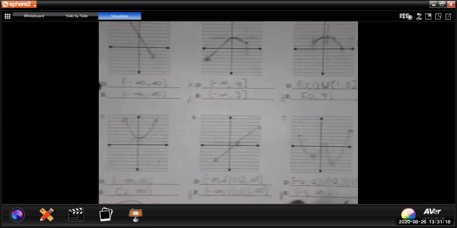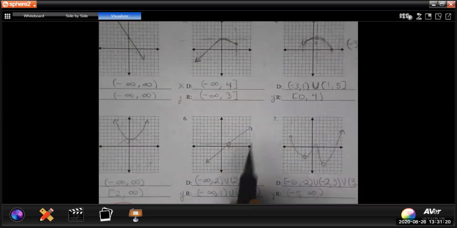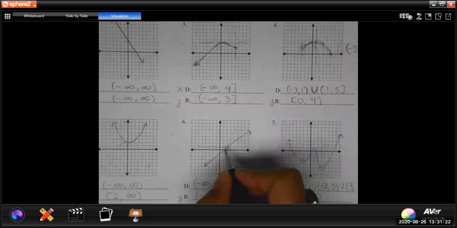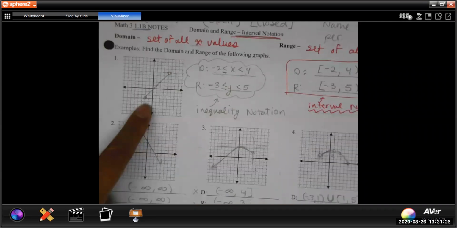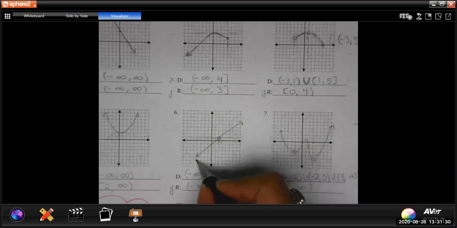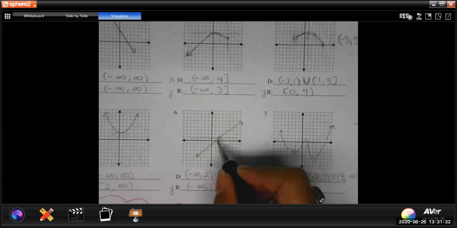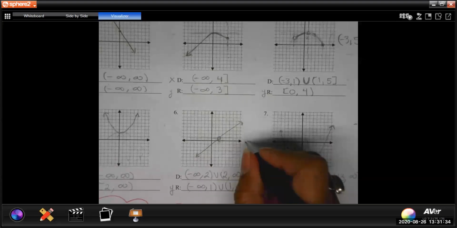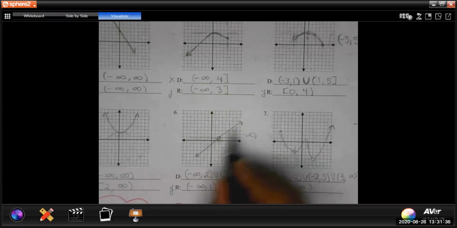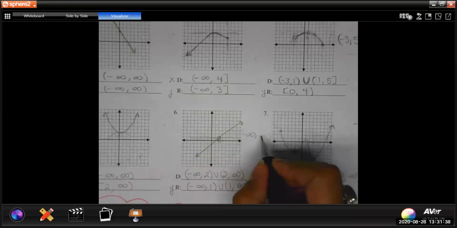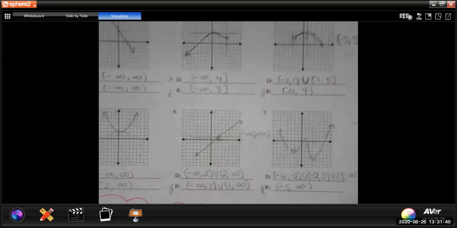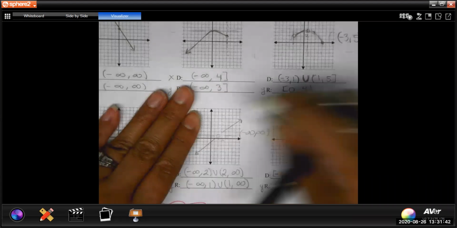Okay, next one. Imagine that circle is closed. Don't close it on yours. Imagine it wasn't even there. Imagine it looked like this one over here or this one here, just connected. Does it go left forever? Yeah. It's going downward, but does it go left forever? Yes. Does it go right forever? Yeah. Okay, so if this graph was like this,